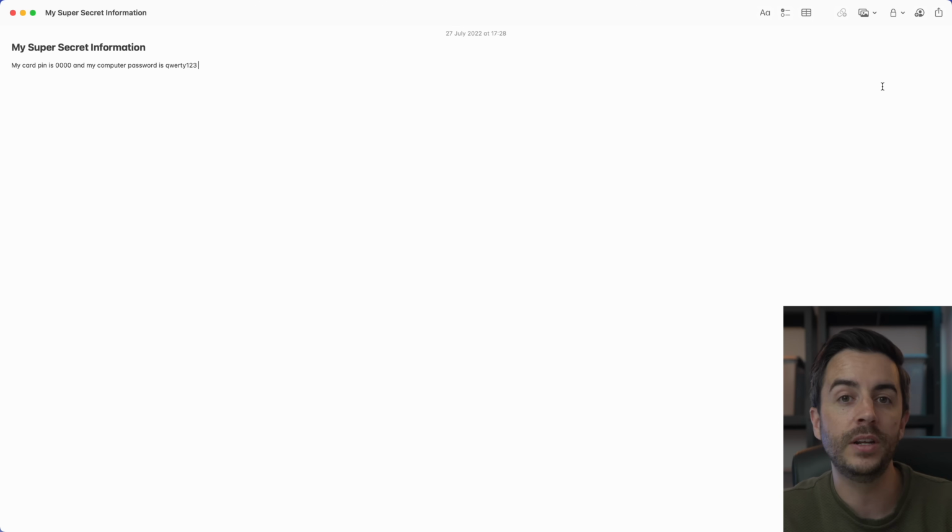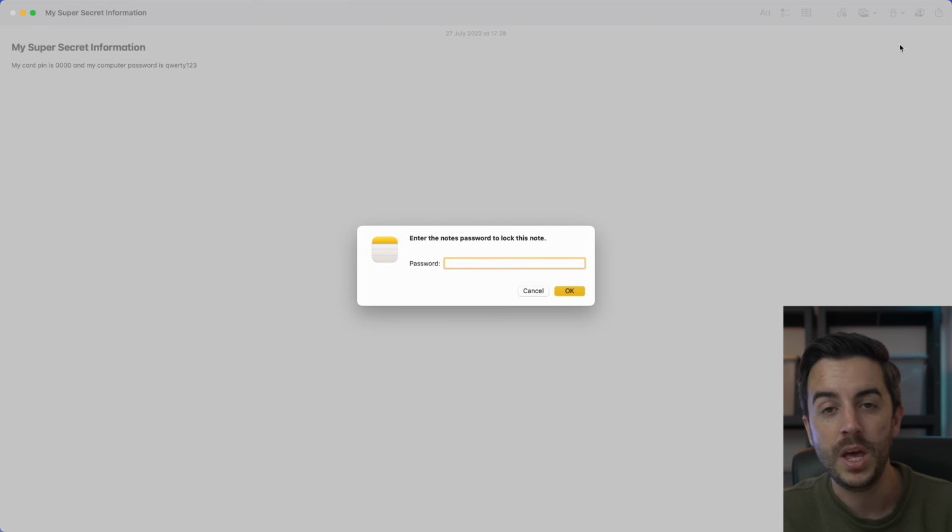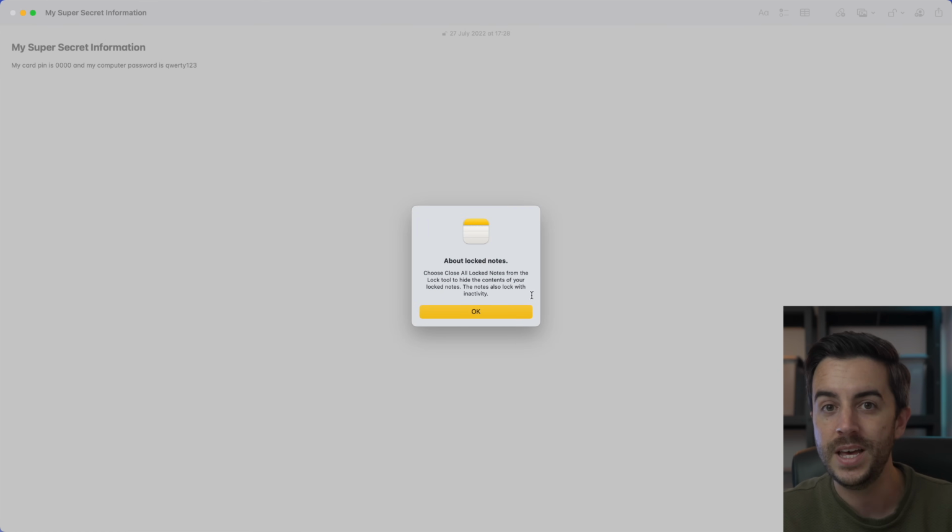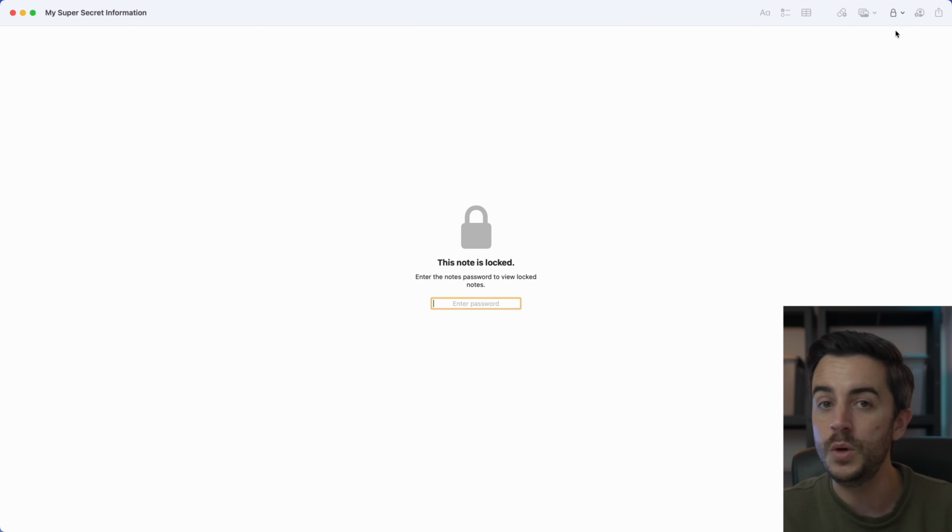The only negative here is that you can't access these on iPhone or iPad at the moment, which kinda sucks. You can, however, lock a note within the Notes app using the lock button up at the top, which is pretty much the same thing, and this is accessible on your Mac, iPhone and iPad, so you might prefer this